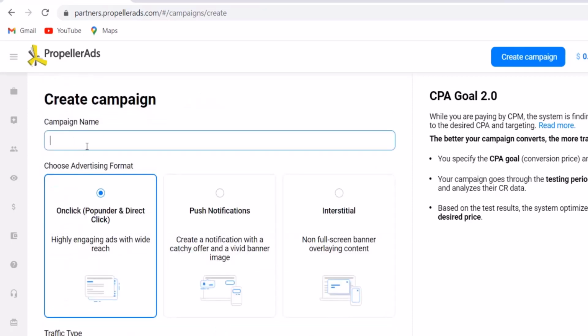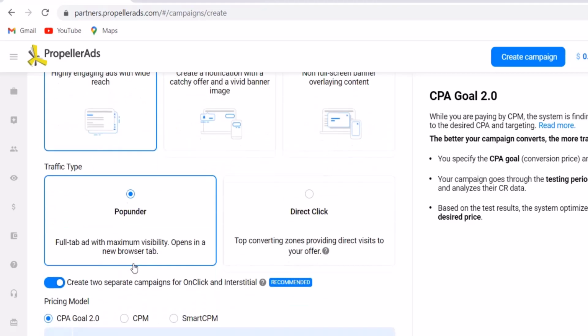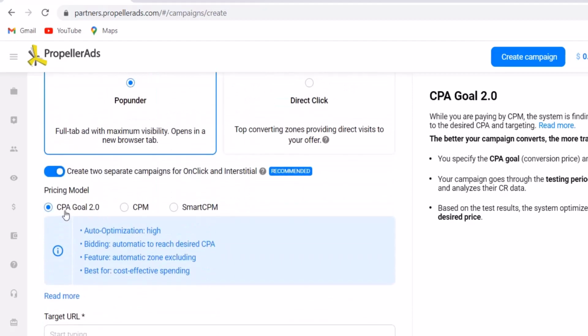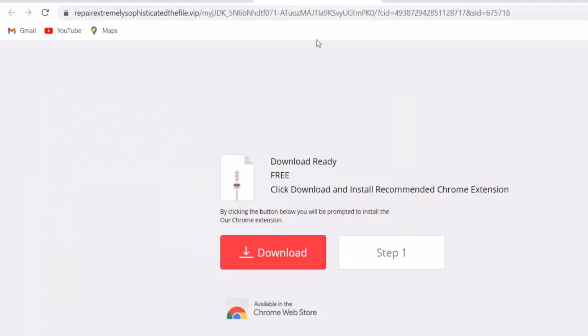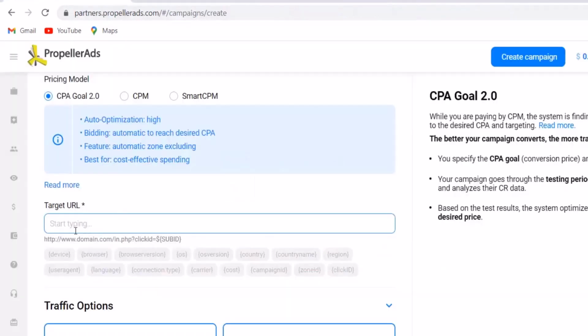You want to give your campaign a name. So let's say example, and then you want to select this on click, and then you want to select this pop under, and then you want to select this CPA goal, and then this target URL. What it means is this is the URL where you will be directing your visitors to. Something like this type of landing page right here. So you want to create a landing page, obviously. All right, so once you create a landing page, you are going to put the link to that landing page,